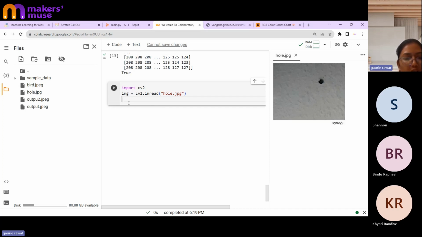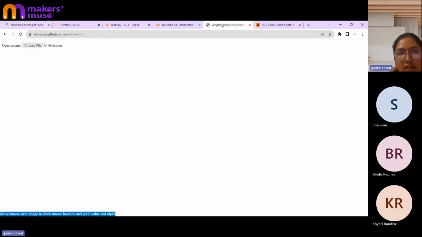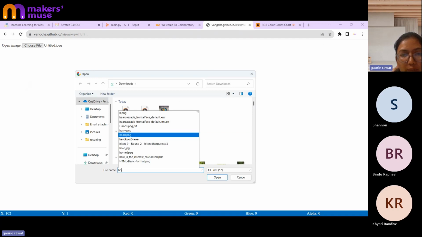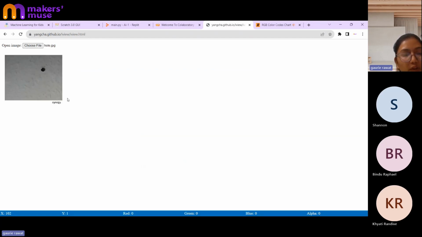Okay. Now after uploading this particular image, the next task is to know at which pixel this black color is. What's the pixel of it? What's the starting and end point of it? In order to know that, there's a website which I can use. So I click on choose over here and upload the image, that's whole. And from over here I do the X counting and the Y counting.